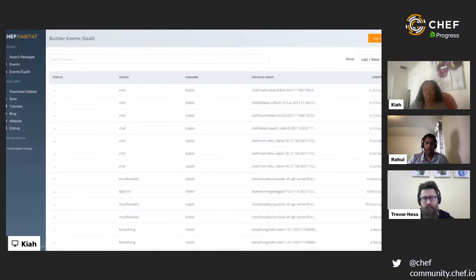What about additional functionalities? Are there any plans so far for additional functionality for the event logging feature? There's been some things that have come up in discussion. There's some talk about how we could maybe tie this in with some webhooks so folks can take actions based on some of these events if you wanted to trigger builds of other packages. But that's a little ways out.